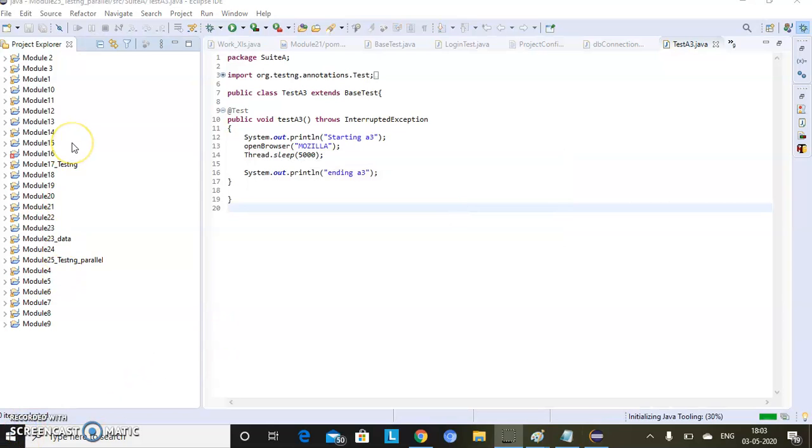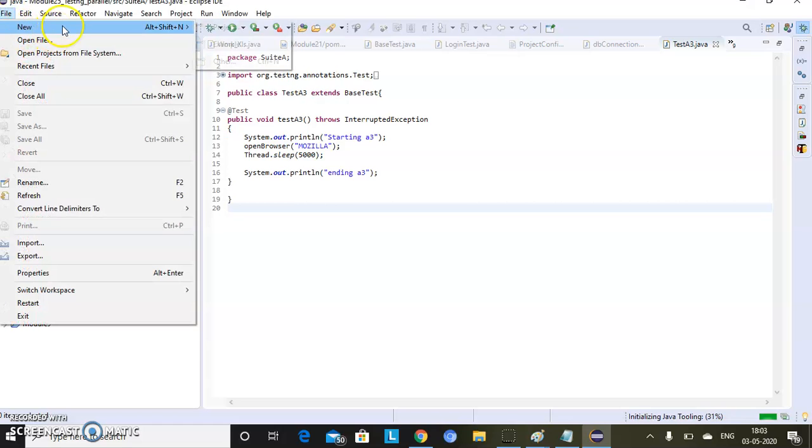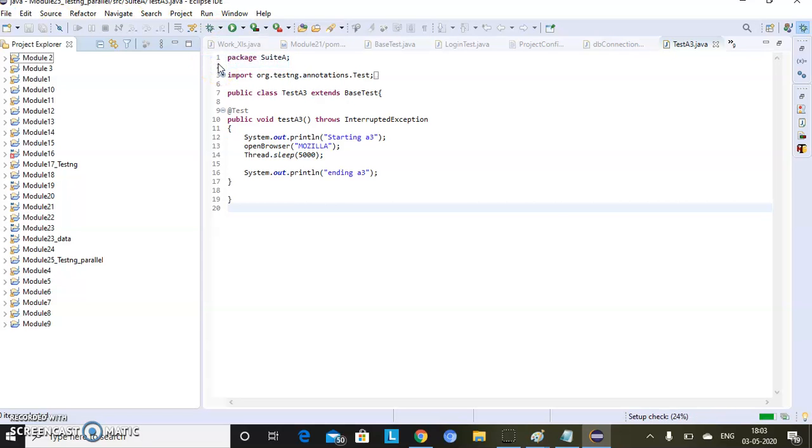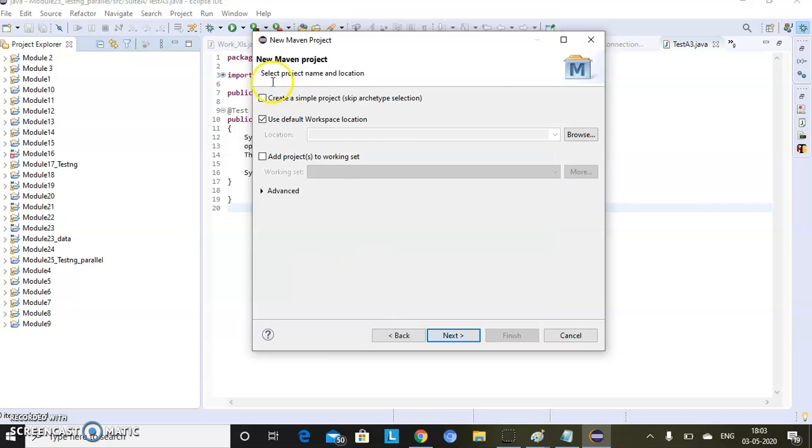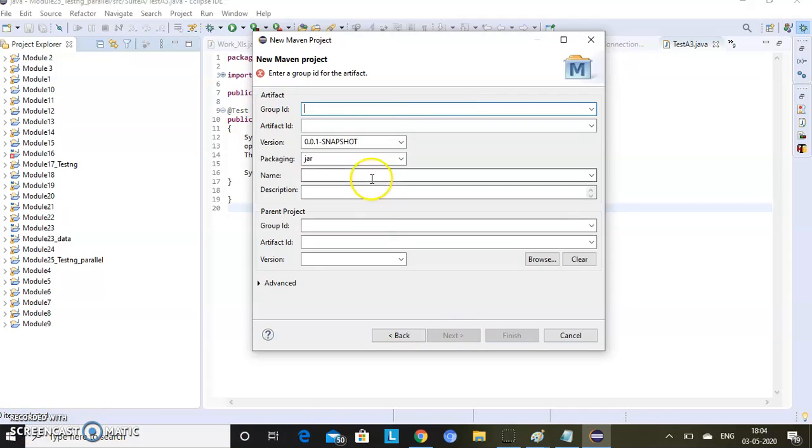So let's create a new Maven project. I give the group ID as com.qaguides, and artifact ID as module 26 Cucumber.